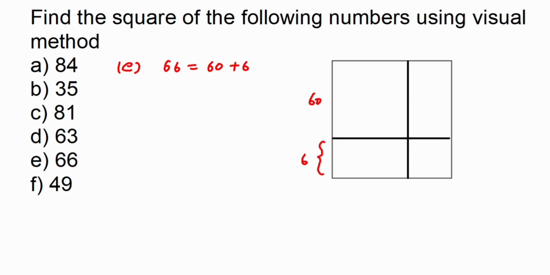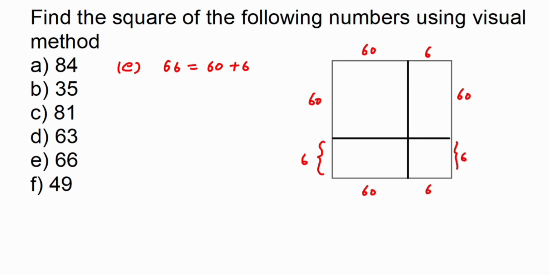Similarly, if this is 60, this will be 6. If this is 60, this will be 6. I have taken a bit longer because this is a 6 which is quite big, that's why. We're just assuming again. You can just keep it less also, because obviously this whole part cannot be 60. It's just an assumption, a rough figure kind of thing.